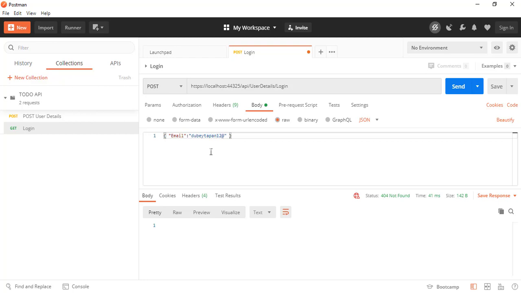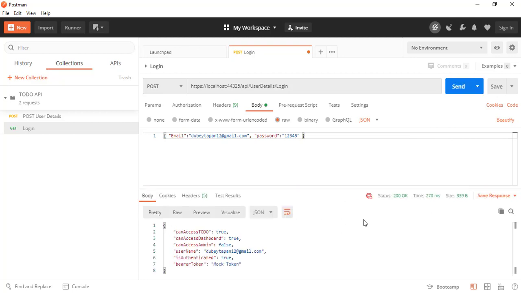This is a record which we inserted last time. And password would be 12345. That's all. Now let's run our application and see what we are getting.